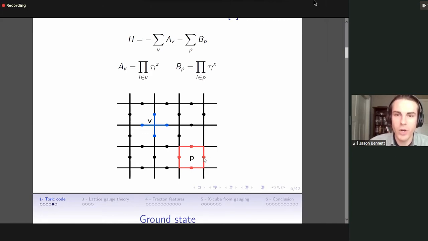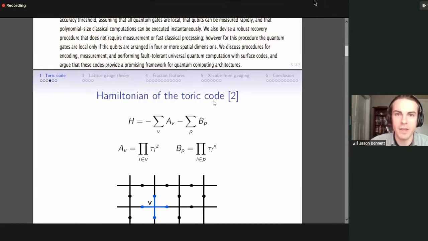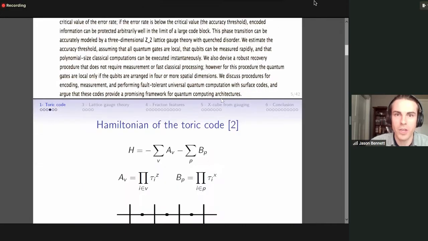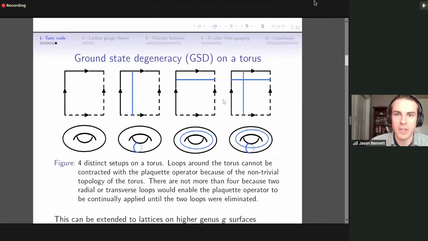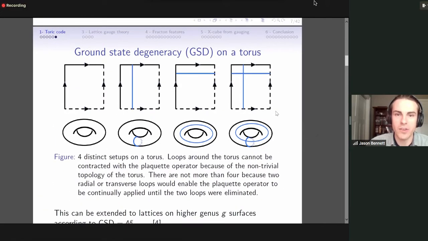And things get even weirder if we were to identify the boundaries of this theory, and that's where the topology of the next few years after this toric code comes in. Because if we were to put things on a lattice, we can start to talk about the ground state degeneracy and how degenerate a particular